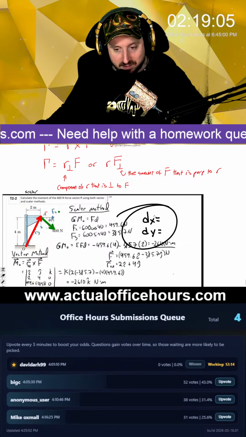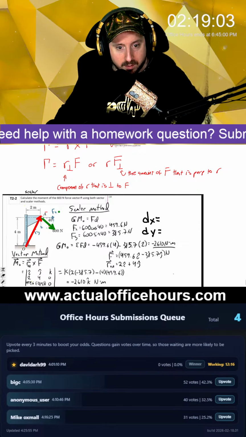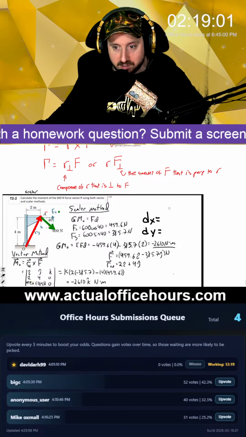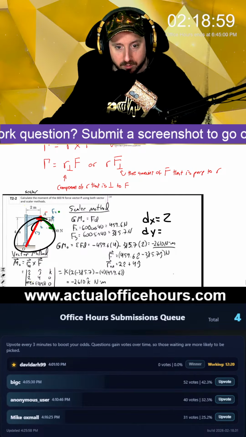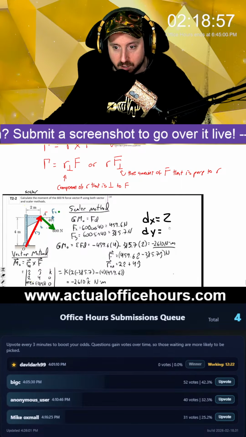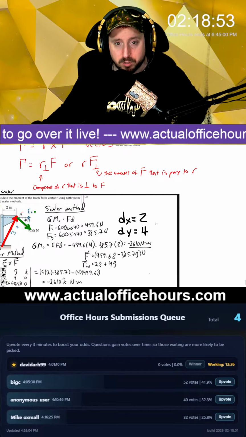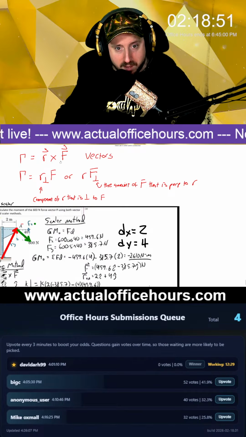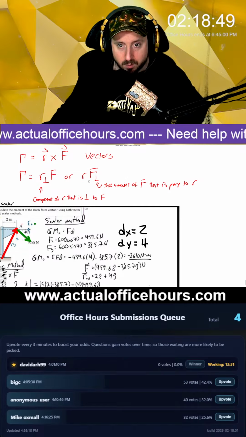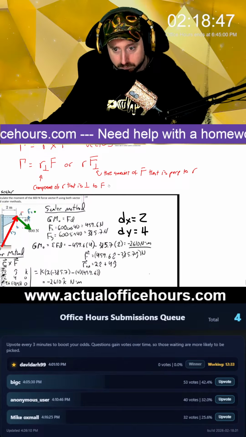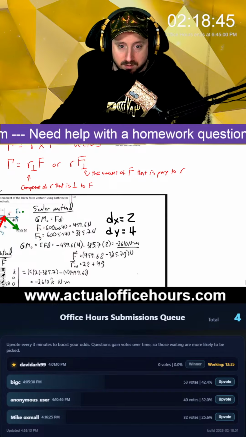So dx and dy. So in the x direction, the distance is 2. In the y direction, the distance is 4. Right? Now what they're doing is they're doing this. You remember how I said like r perp cross f? Or r cross f perp? What they're doing is they're saying, okay,